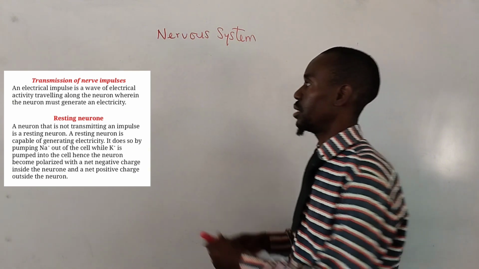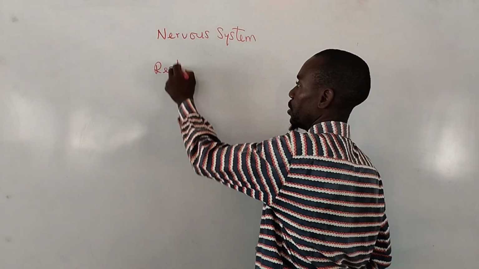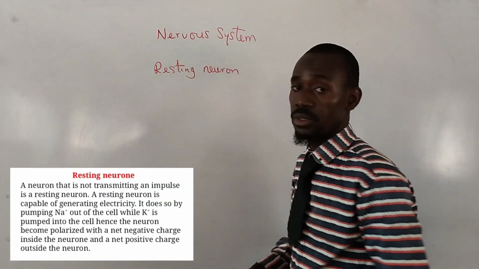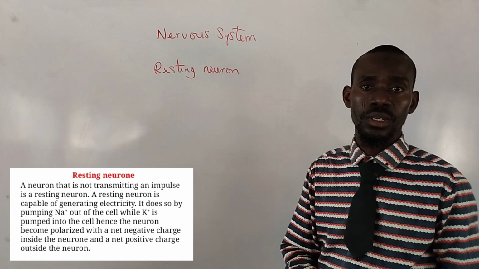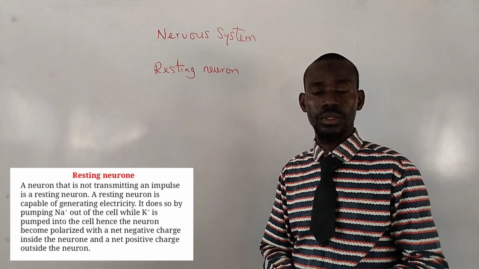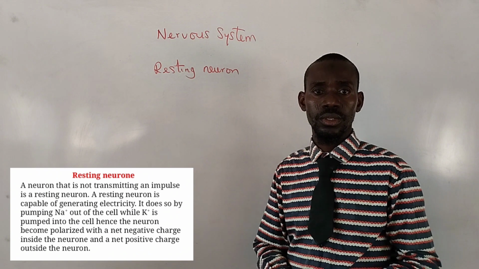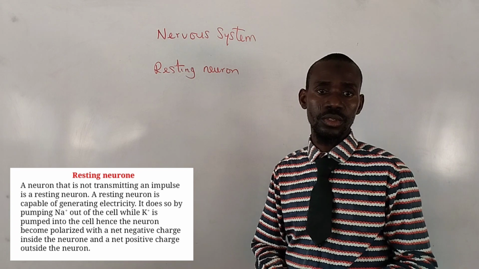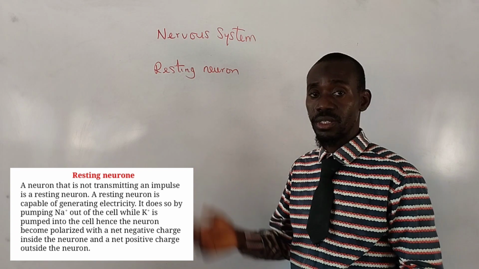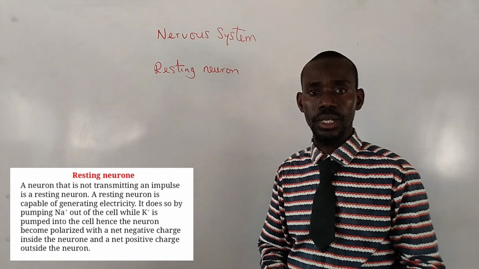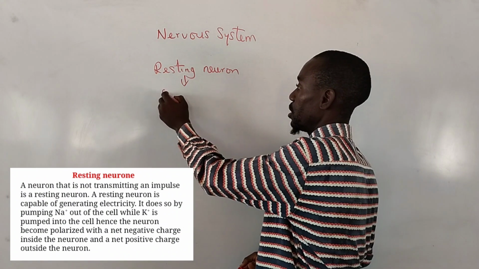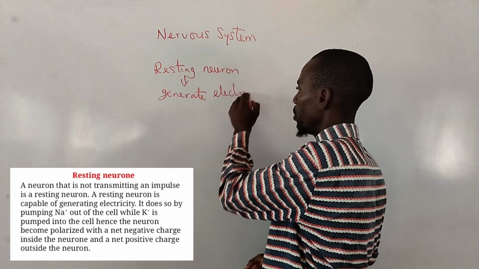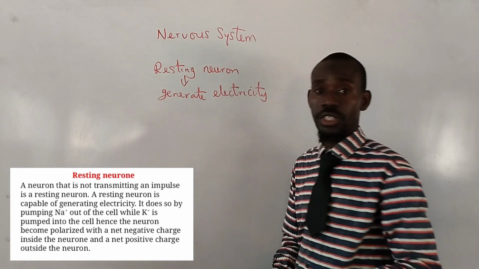So another one is the resting neuron. What are resting neurons? A resting neuron is one that is not transmitting electrical impulses. So a neuron that is not transmitting electrical impulses is said to be resting. But such a neuron has the ability to generate electricity. So a resting neuron can generate electricity